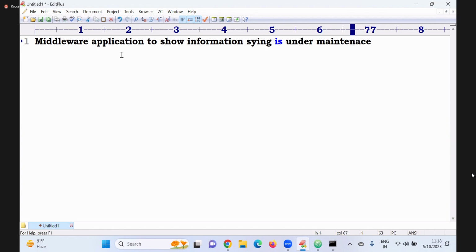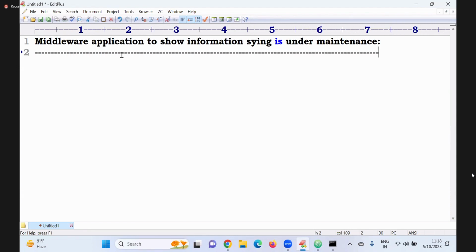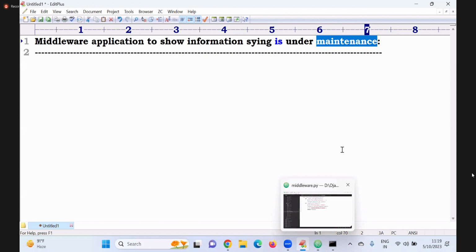Whenever a request is sent to the server, my application is not available. It is under maintenance, you have to wait 2 to 3 hours, after that you have to log into the application. I want to send that message. This message is not at all related to your view. Who will send this now? Middleware is responsible for sending this type of messages.